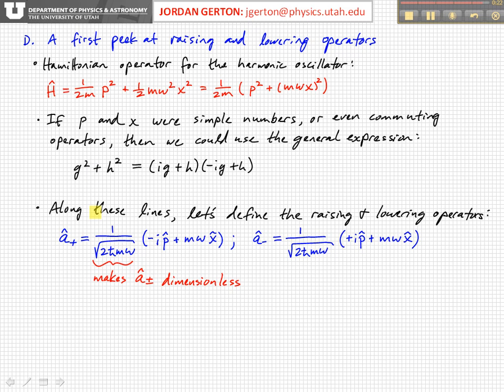Along those lines, let's define the raising and lowering operators to be a linear combination of p and x this way, so that a plus is equal to some prefactor, which makes these things dimensionless, times minus i p plus m omega x, and